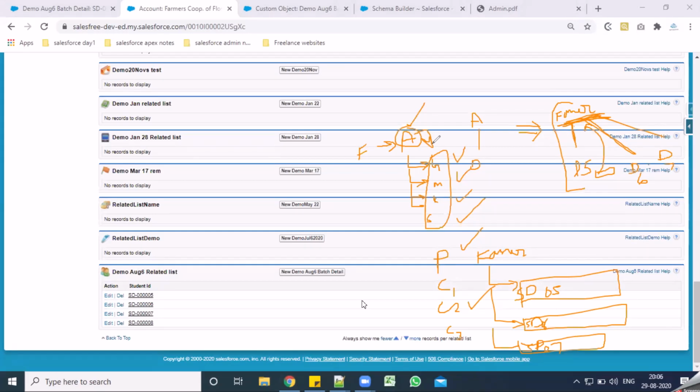If you are from a database background, it is just like tagging two different records. It is like using the primary key and foreign key concept. We are just binding or connecting them using the field called lookup relationship. Right, so that is how you can connect those two things. Alright, so that is a lookup relationship.